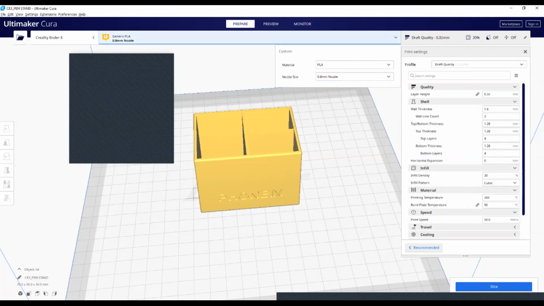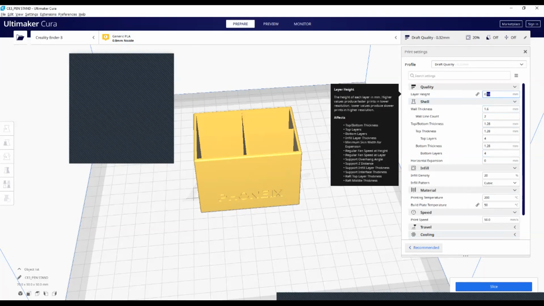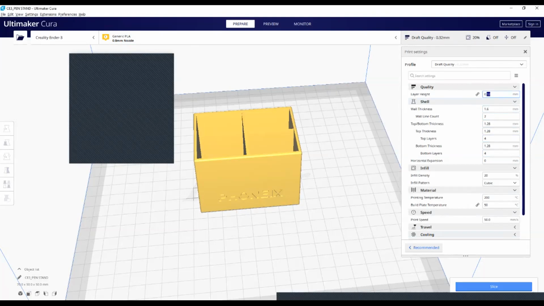I change it to 0.8 millimeter, and I set my layer height to 0.32 millimeters, and I'm going to slice it. You can see the time has been reduced to 2 hours and 15 minutes. So you can see how the nozzle diameter and the layer height impact your 3D printing time.